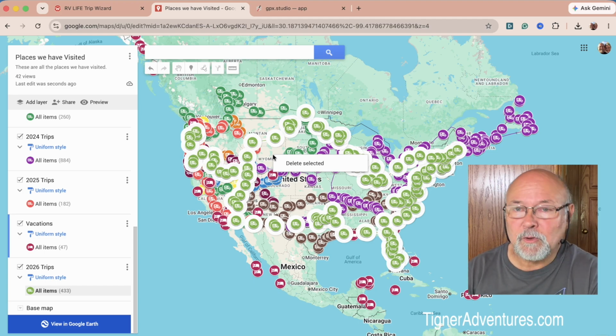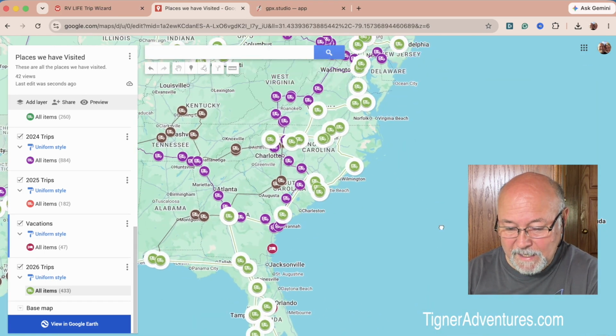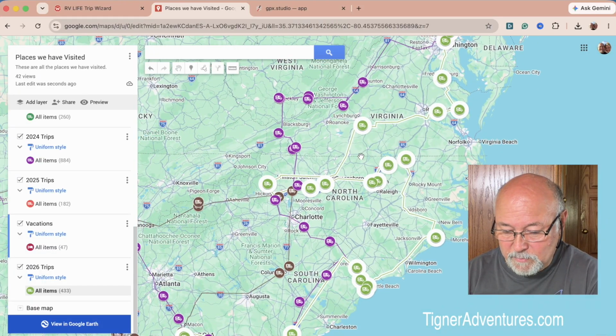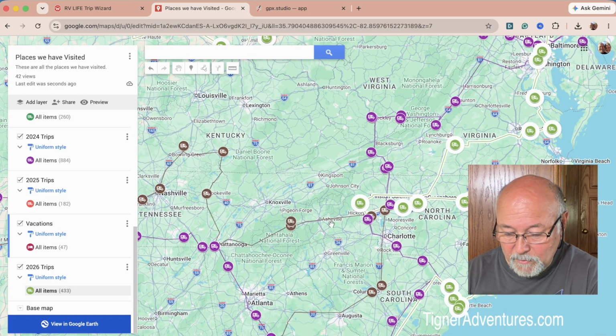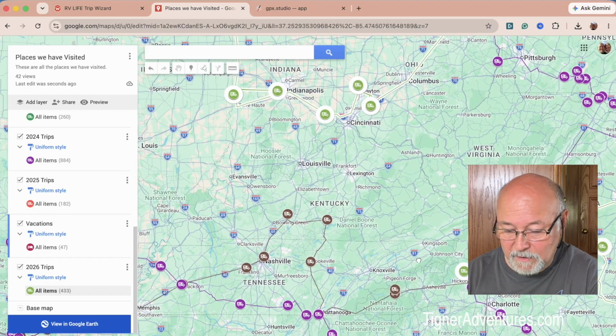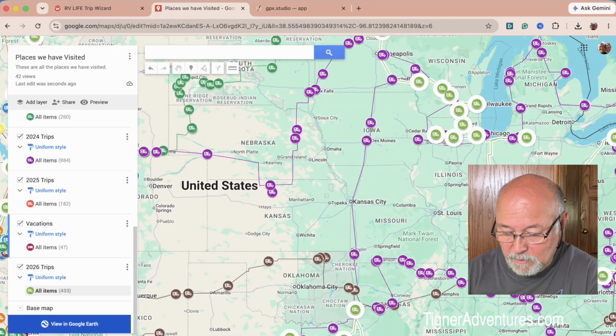So it's kind of a cool little thing, and it's nice because I can zoom in here and say, hey, have we driven through this particular area? And it has the little connectors between each one of these places. So we have a pretty good idea. It's not following the roads in this particular case, but we have a pretty good idea what we've driven through before. So you can notice that right here in the middle of the country,